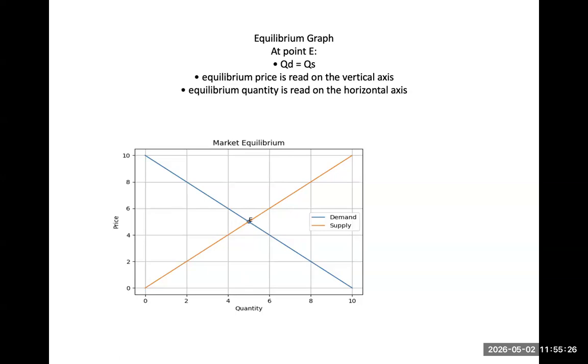Sir, with the hypothetical table you gave us, am I right to say the equilibrium price is 6 Ghana cedis and the equilibrium quantity is the 6 units that the consumer demanded? Yes. But the graph is not showing that, because they are not intersecting at 6. There's an error here. It's 6, good, thank you. So the price is 6, and the quantity is also 6.